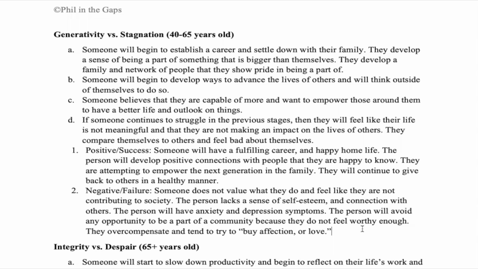Because if someone continues to struggle in the previous stages, then they will feel like their life is not meaningful and that they are not making an impact on the lives of others. So they compare themselves to others and feel bad about themselves. They're running somebody else's race and they're getting exhausted when they're not even focusing on what they wanted for their situation. So a positive or success in this is where someone will have a fulfilling career and happy